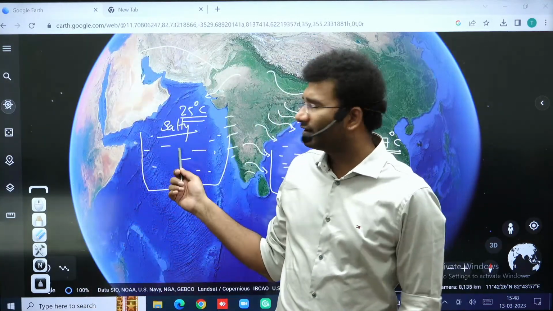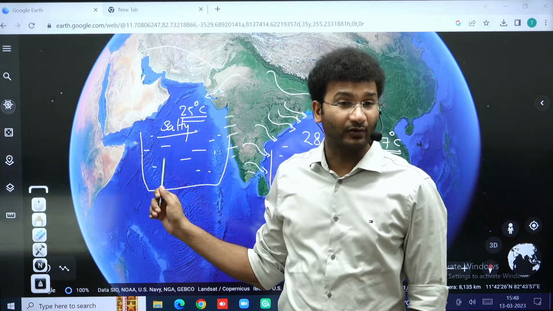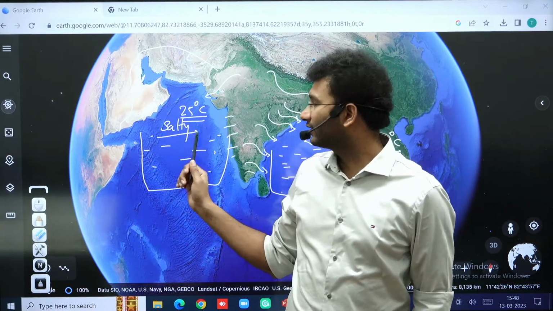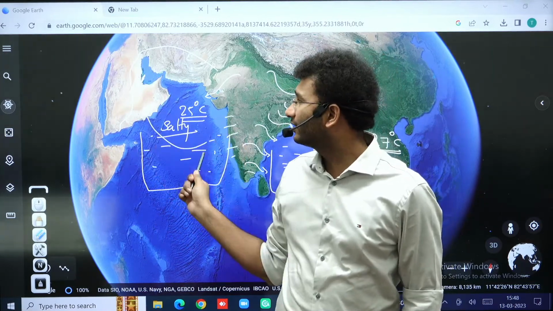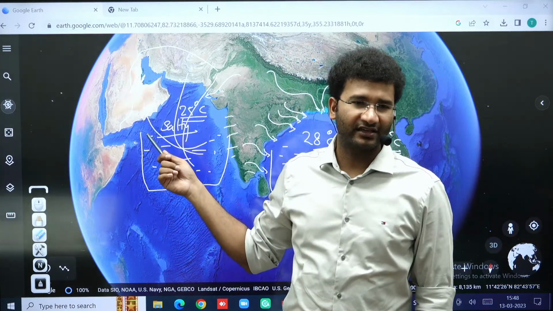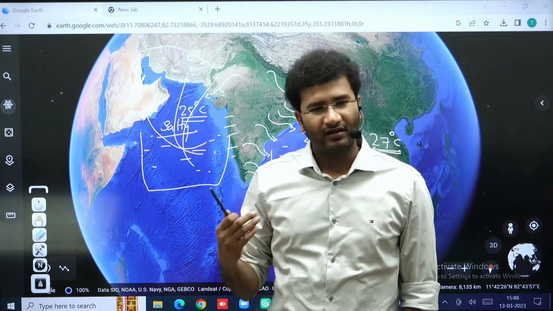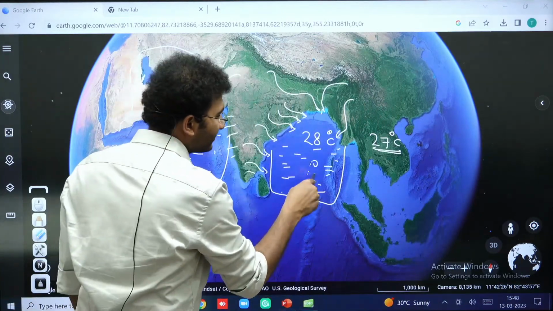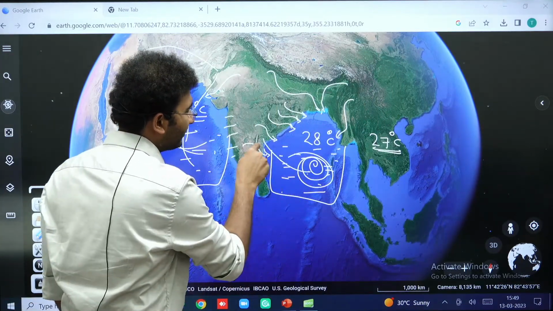इनका मतलब ये नहीं है कि Arabian Sea में cyclones नहीं होते हैं, cyclones होते हैं, लेकिन these cyclones will not come and hit India. They go and hit either Iran, they go to Pakistan, they go to the Middle East area and they hit there. Why? Again, Coriolis force we'll learn in the further classes. Come back. So any cyclone which is formed here, it goes and hits India,